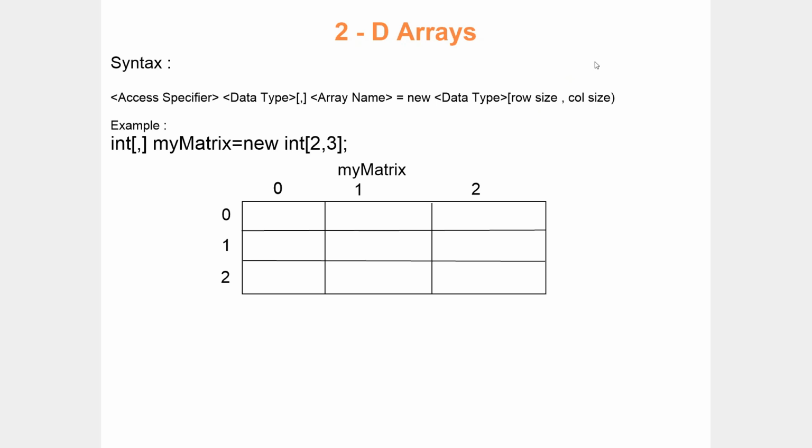You should tell the system what is the size of row and what is the size of column. Size is nothing but how many rows to be created, and inside each row how many columns to be created. Basically, when your data has to be stored in a tabular format, you should tell the system how many rows and how many columns there are in your collection. That is nothing but row size comma column size.